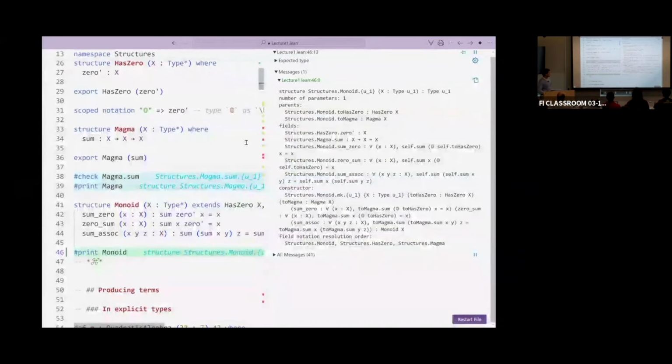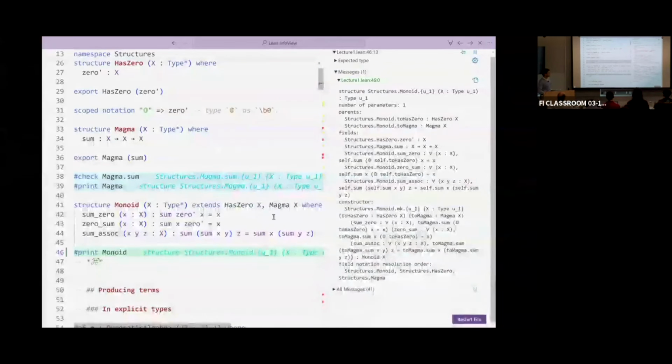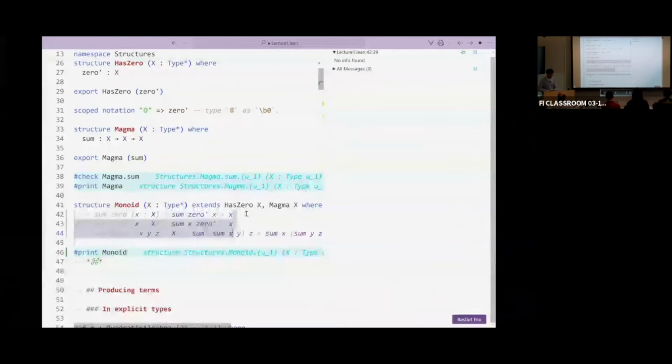What extends does is that it first looks at all the fields that come with the first and the second, and then adds to these fields these three. So in particular, one thing that one could also do is extend the structure with no field at all. Since you are extending two structures, this is a way of just bundling these two. In this way, there will certainly not be a monoid, but it will be a pointed set with a binary operation and nothing else. So this extends is extremely powerful because it allows you to extend already defined things.